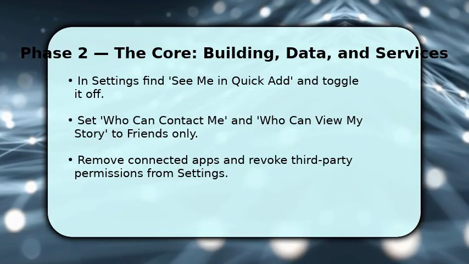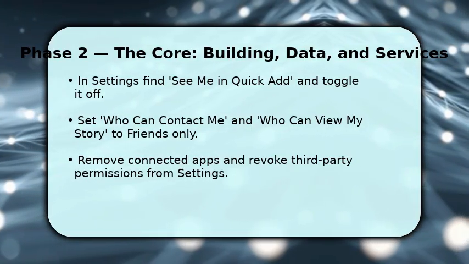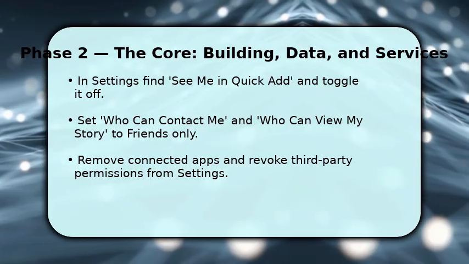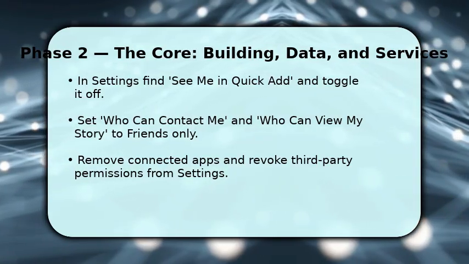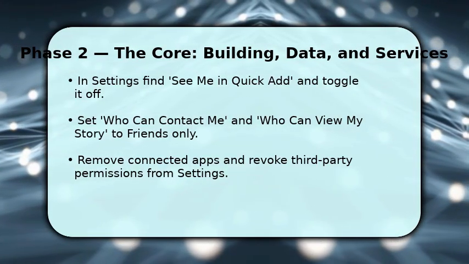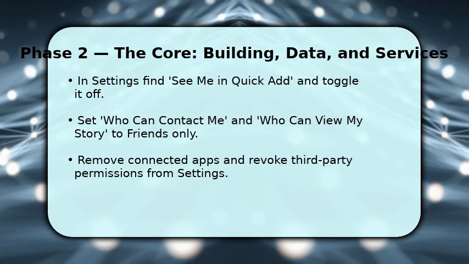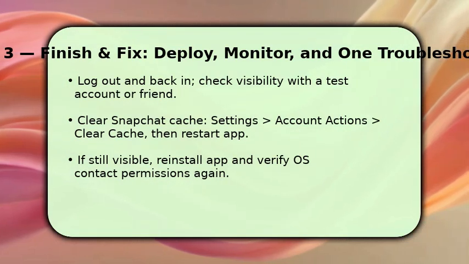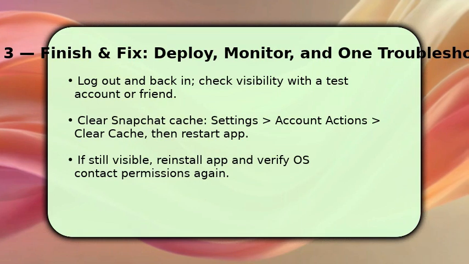While you're here, disconnect any linked apps or services that might expose you. These steps reduce all passive paths people use to find you, and they are the core of locking down your Snapchat profile. Finish by verifying changes, log out and back in, and ask a friend or test account to search